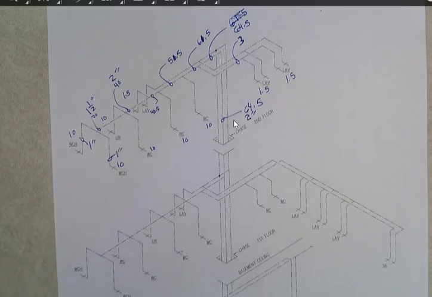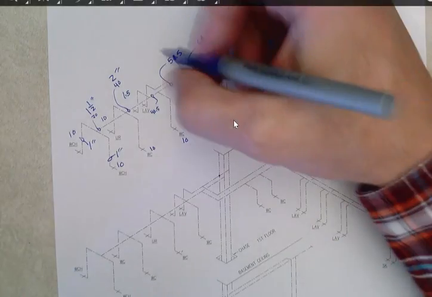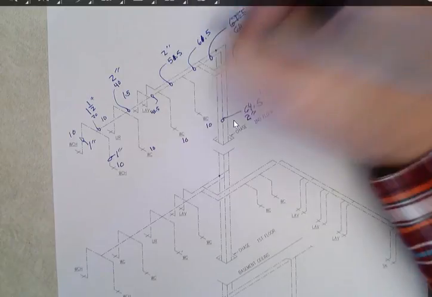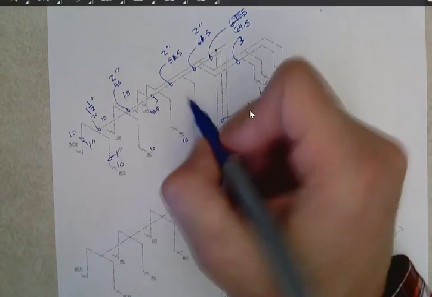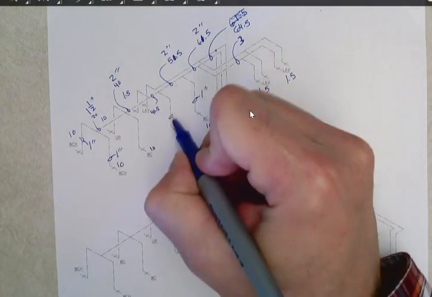So I have 2 inch from the 40 to the 64.5. I can just go ahead and write those in the rest of the way. And again, this is just for the cold water that I'm working with. Whenever I actually